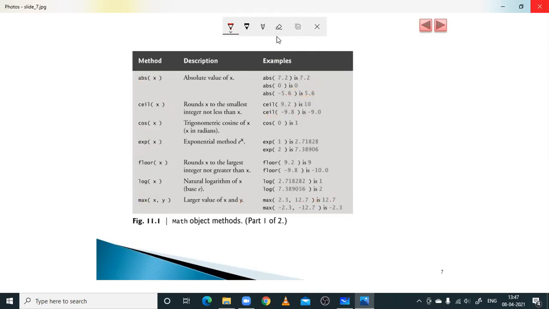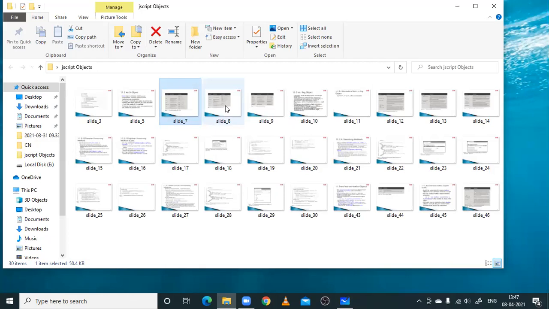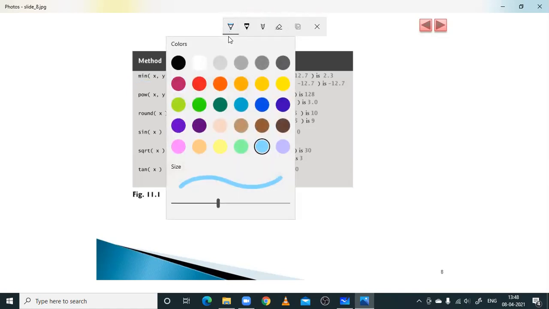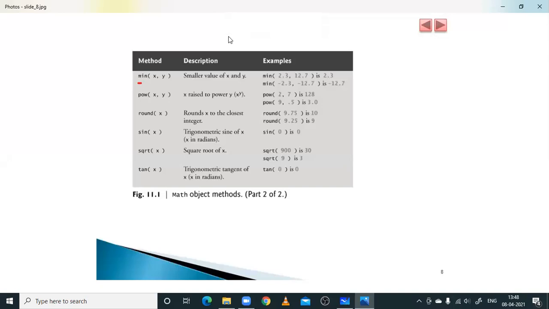Okay, let me share one more PPT screen. In this, there are some more methods which are a part of the math object, that is minimum. Just now we have seen max of xy, now it is minimum of xy.